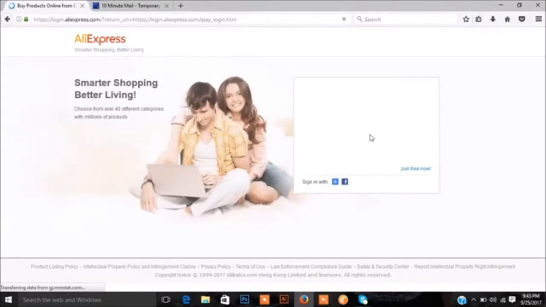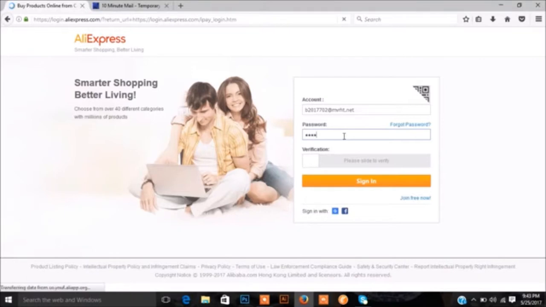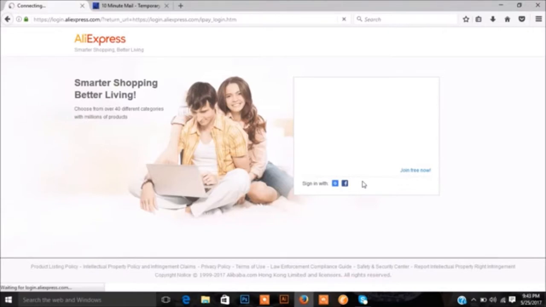It will take you directly to that page. Alright, now here you just need to sign in. Verify your account. Then sign in. It's verified. It will take you directly to the Alipay page.